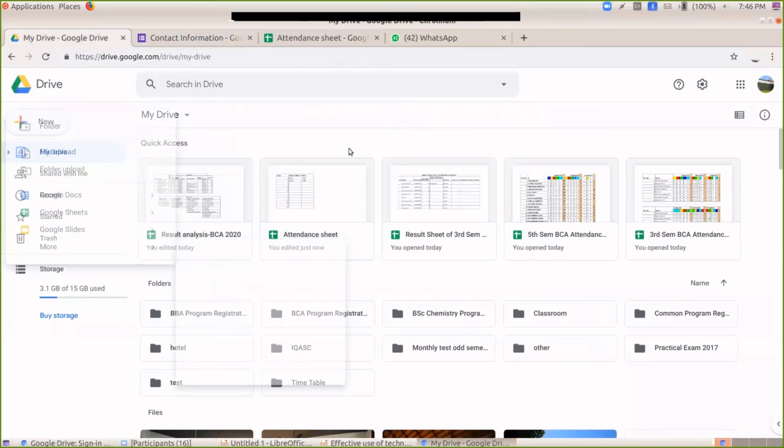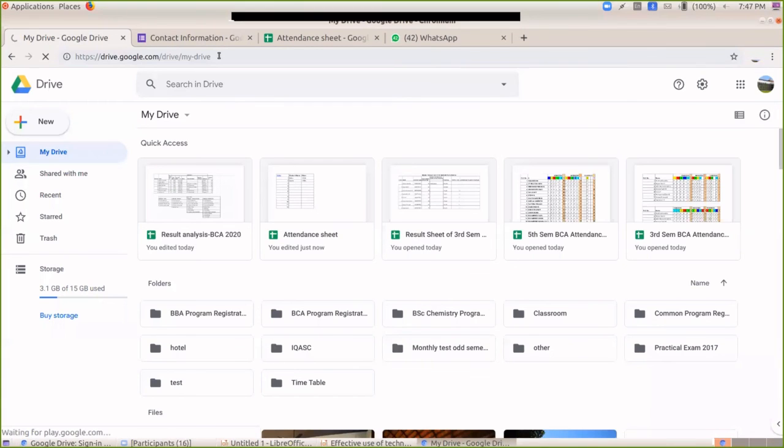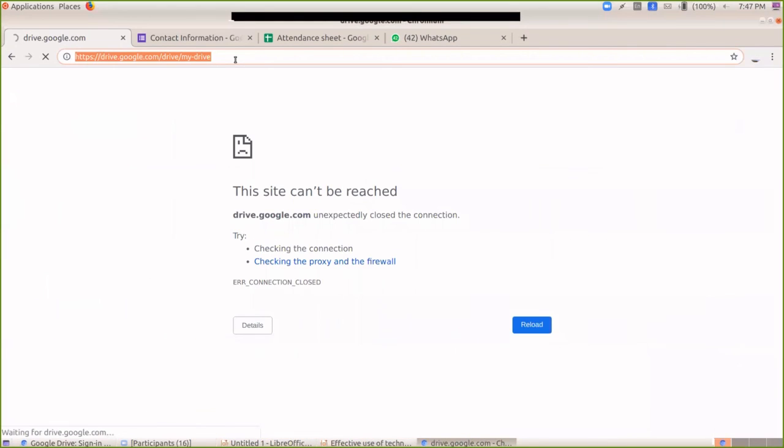Then in applications like Sheets and Documents, here also you can see the form. When you go back, I received an attendance sheet with the invitation to edit.